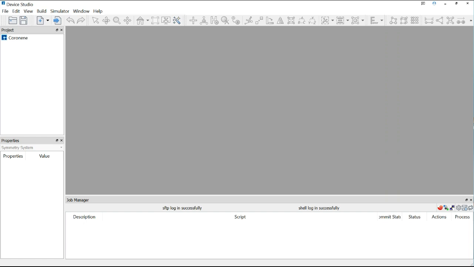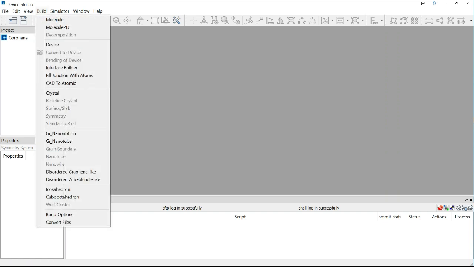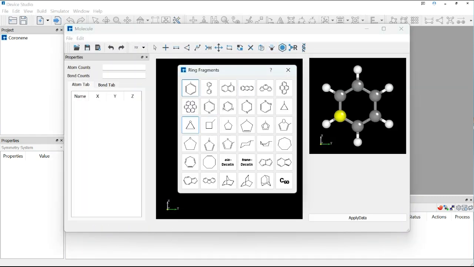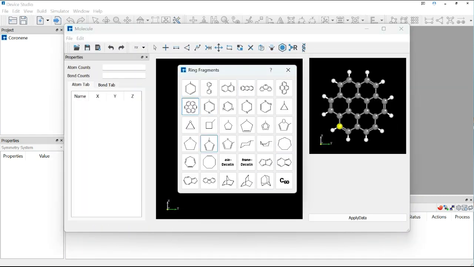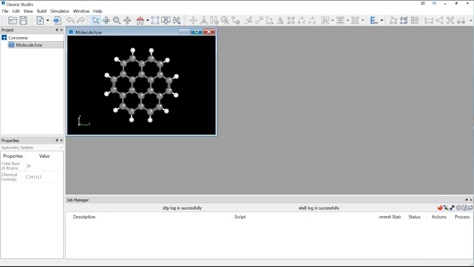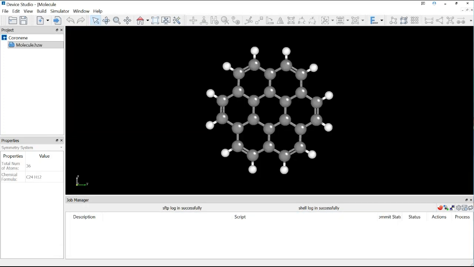So it depends on the user which type of molecules they want to create or export. So there are different formats you can use. As we consider this molecule structure, click on this, and when you click on apply data, the molecules have been imported in here. You can check, and it is a graphical user interface where you can take inputs and create structures in here,